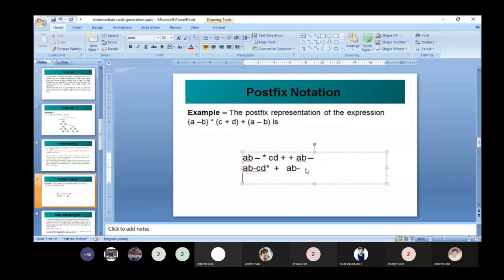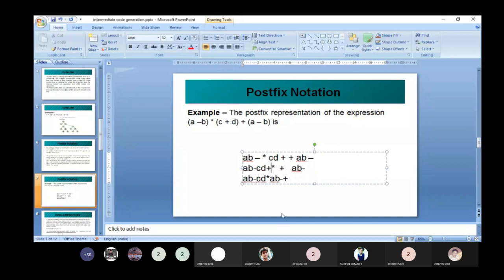So next we convert this into postfix form. Here operand 1 is AB minus CD plus star. Operand 2 is AB minus. What is the operator? Plus. Okay, so is it correct? Here one plus is missing. Right?